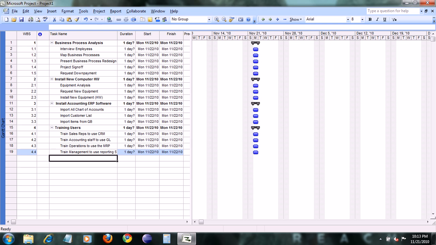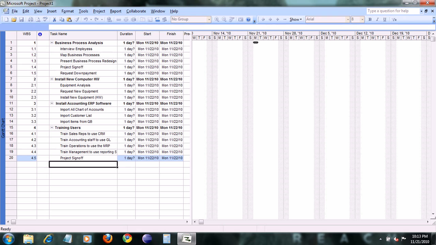Once that is all done, then we need to actually finalize the project. So that will be our fifth milestone, and this will be our project sign-off. Within the project sign-off, there will be several things that need to take place, and one of those would be for management